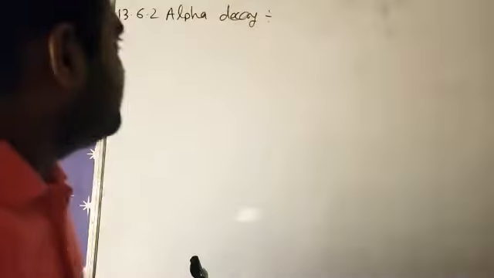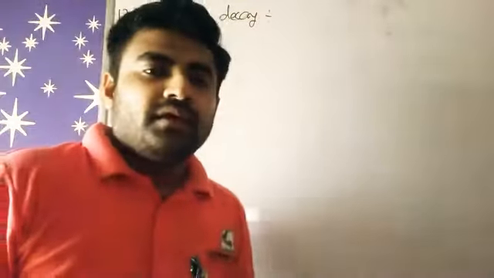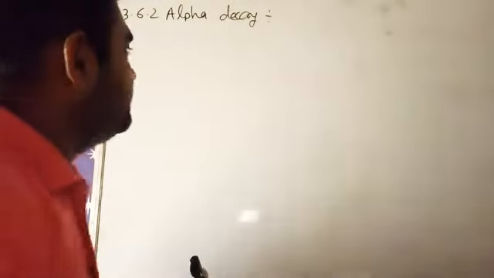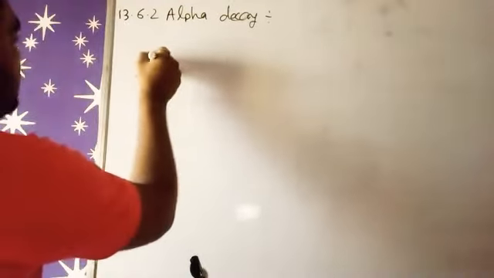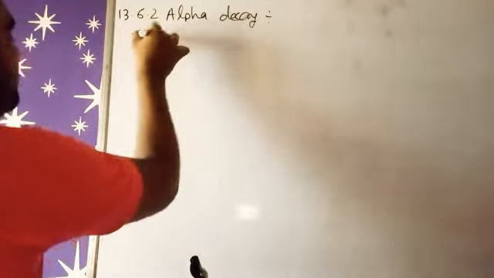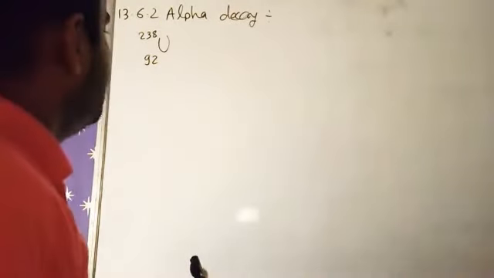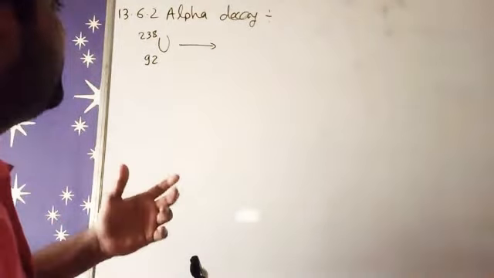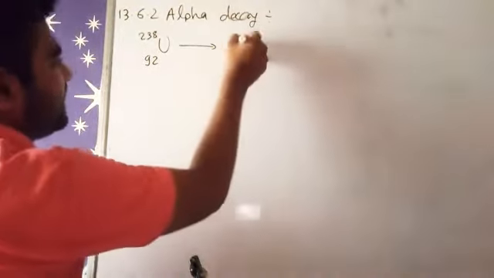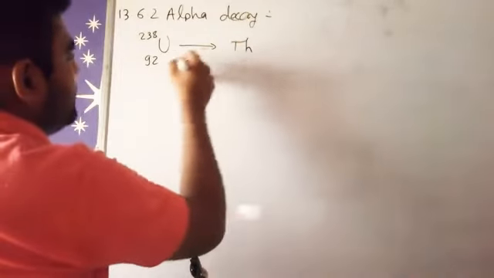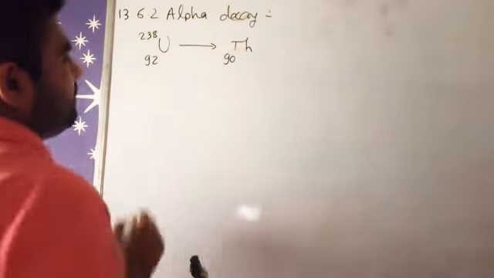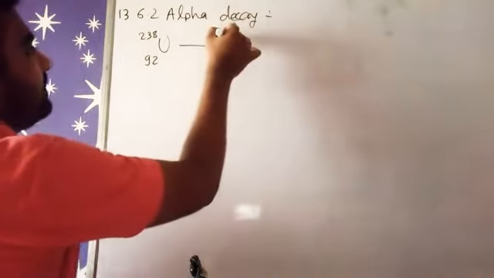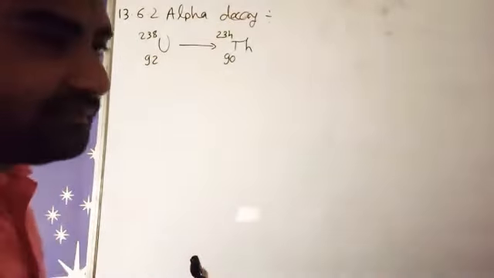So now our topic is alpha decay. To study this topic, we have to write one reaction that comes from 92 uranium 238. So this is our radioactive element. Now exactly what happens? It spontaneously converts into a thorium nucleus, but now our nucleus changes by two numbers of atomic number and four numbers from its atomic mass.